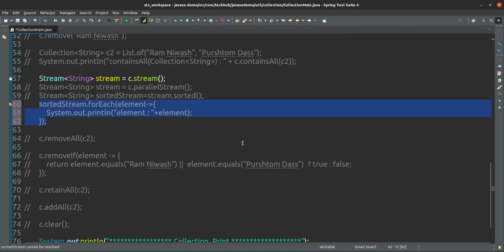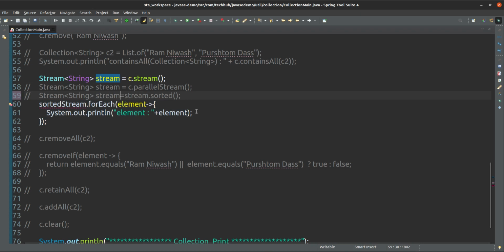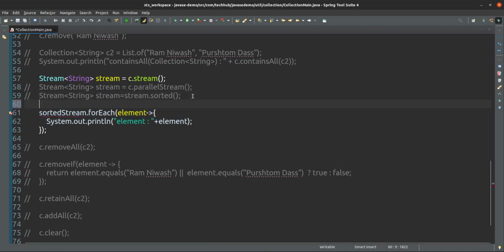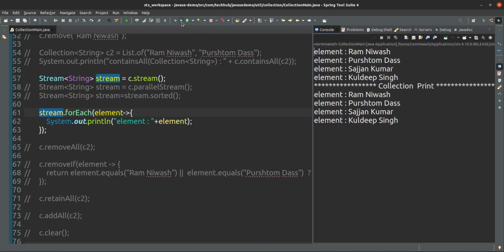Just I am printing using this stream. First I'm just printing. So you can print using the stream, same thing it's getting.